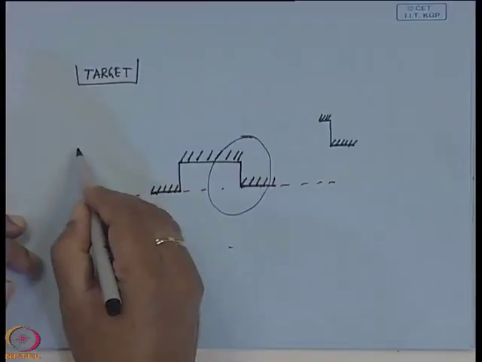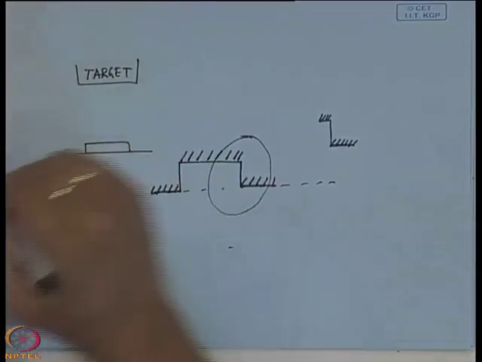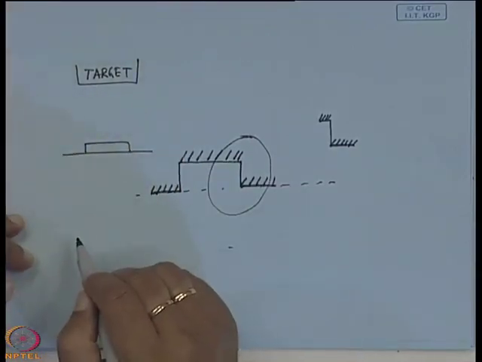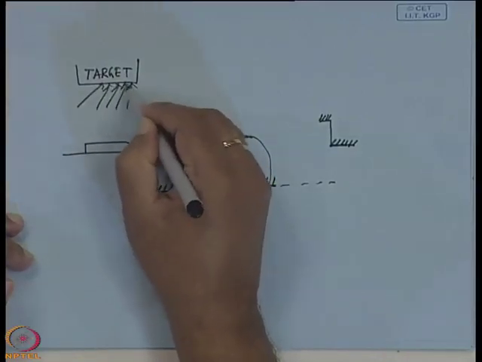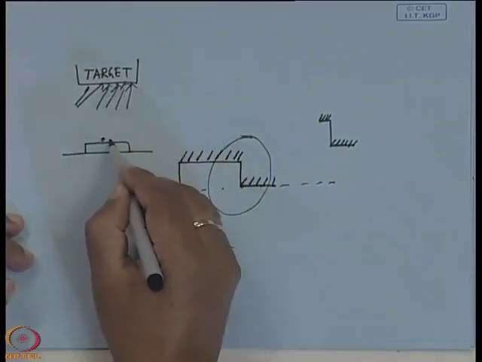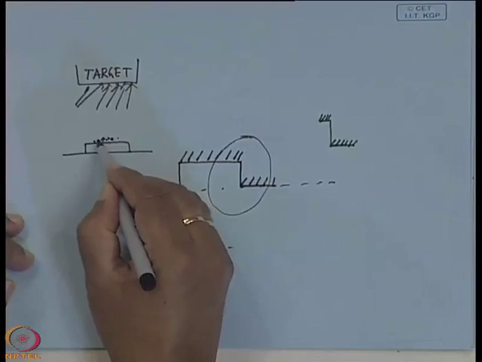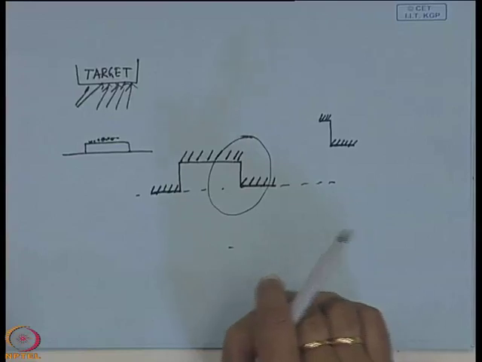Suppose you want to make, say, a barium titanate film, what will you do? Your target will be barium titanate, pure barium titanate, and here on the platform there will be your substrate on which you would like to make the film. So, as the ion bombardment happens on the target, chunks of the target will fall on it, and finally, a film will be deposited.